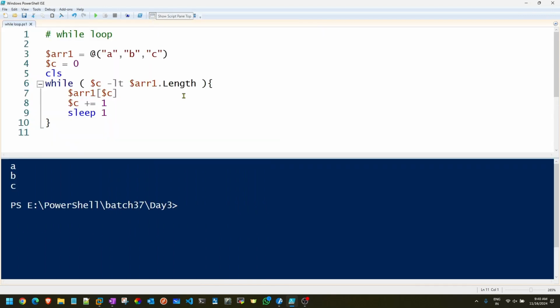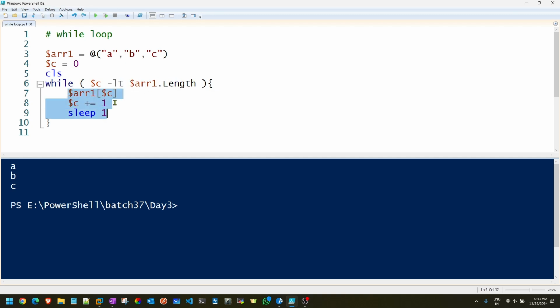Now let's see how to debug the entire program. Okay. Debugging is basically the approach where you find out the problem, if there is any problem in the code. Specifically in PowerShell, when you enable or activate the debugging mode, it will tell you what is getting executed step by step. It will tell you, okay, we know logically that this will be verified, then this will be created, then it will clear the screen, then the while loop starts, it will check 0 less than 3, true, so it will